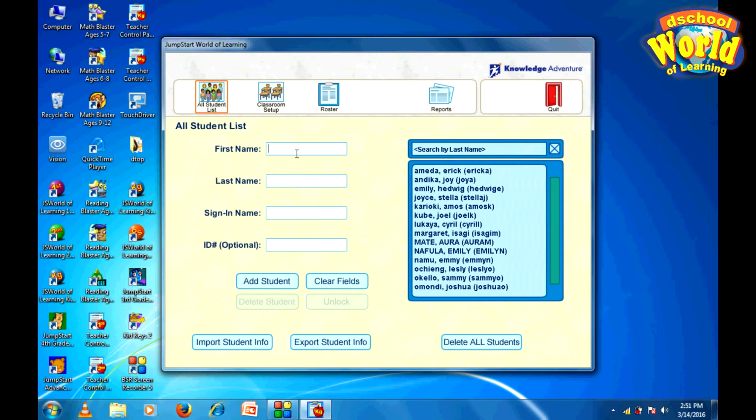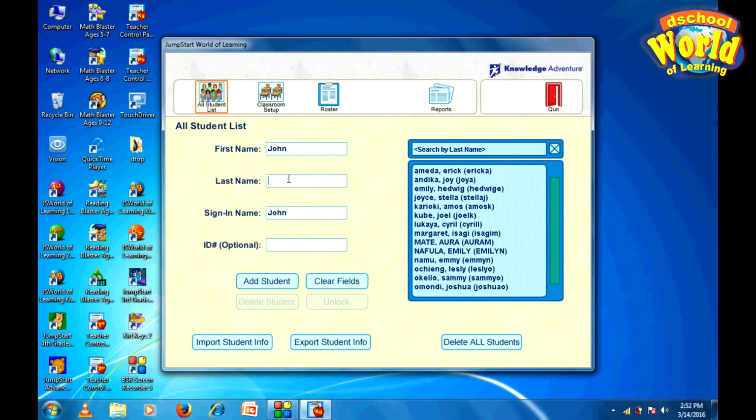Okay, so what you need to do is add in the names of the students who are going to use the program. Remember, if you don't add names on this teacher control panel, you can't actually access the students on the student side. So make sure you add the student in the program first before allowing them to go and open the student application icon. Okay, so let's start. Put in the first name of the student. Let me use John.